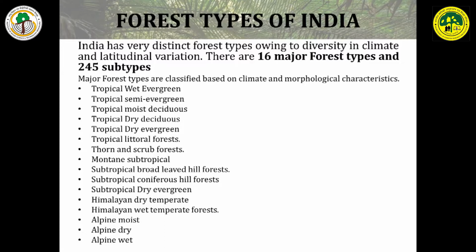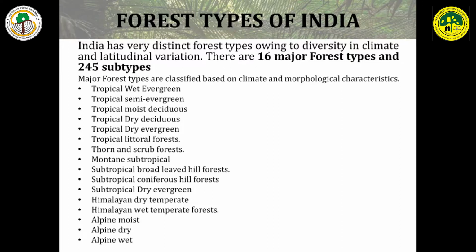That is the first group. And the second character they selected was based on appearance, whether they are evergreen, or semi-evergreen, where only in some part of the year they appear semi-evergreen, whether they are moist deciduous, where they shed the leaves but still are moist in their sites, or whether they are dry deciduous. So based on the rainfall and the latitude, as you move up from the equator to the top,